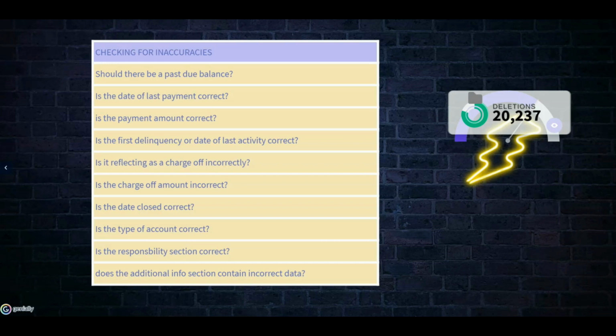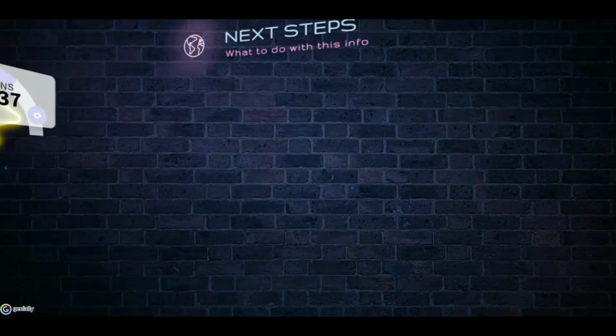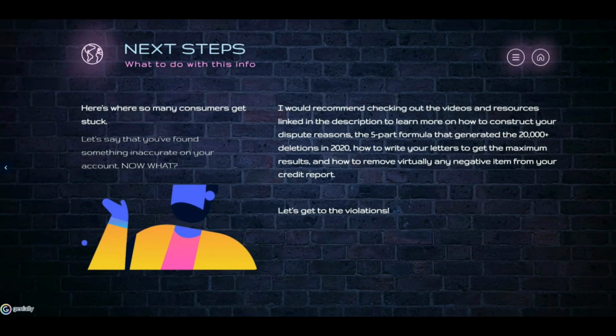Okay, so here are your next steps. So this is what you do with this information. This is actually where so many consumers get stuck. Let's say that you found something inaccurate on your account. Now what? I'd actually recommend checking out the videos and resources linked in the description to learn more on how